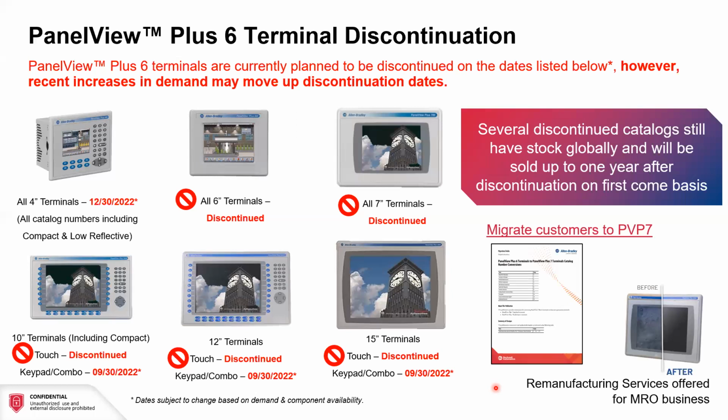I think when we moved from the PanelView Plus Standard to the 6, the panel cutouts were pretty much the same, pretty uniform. When we move from the 6 to the 7, there are some situations where an adapter plate is needed. Some do fit the same cutout, some require an adapter plate. But I have not seen the need to actually cut a larger hole in the panel. It seems like the PanelView 7s are usually a little bit smaller cutout, therefore the adapter plate can be used. Mike, if you have any additional comments on